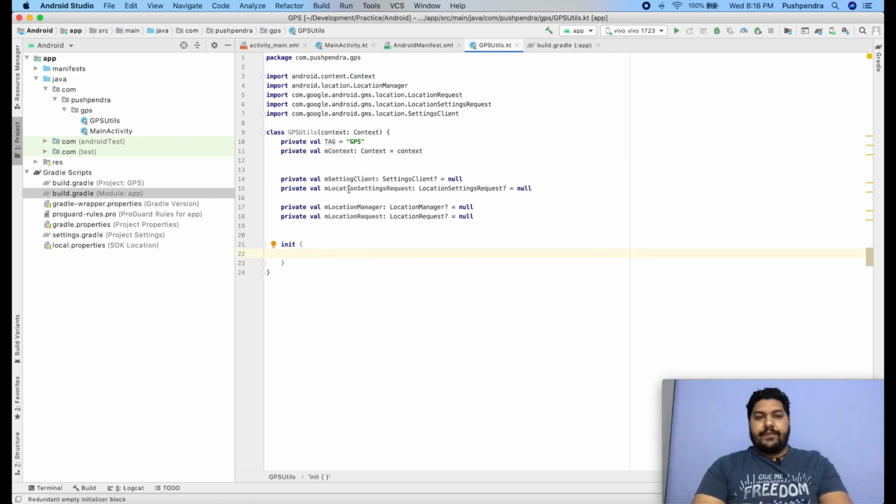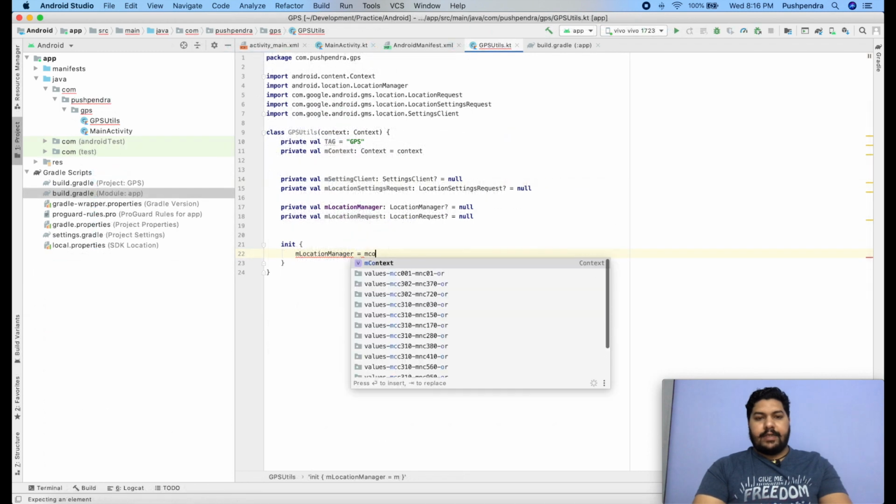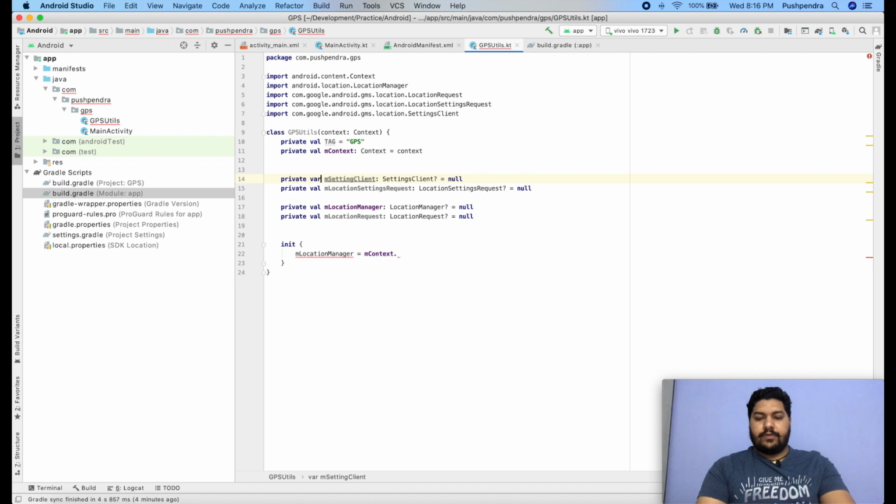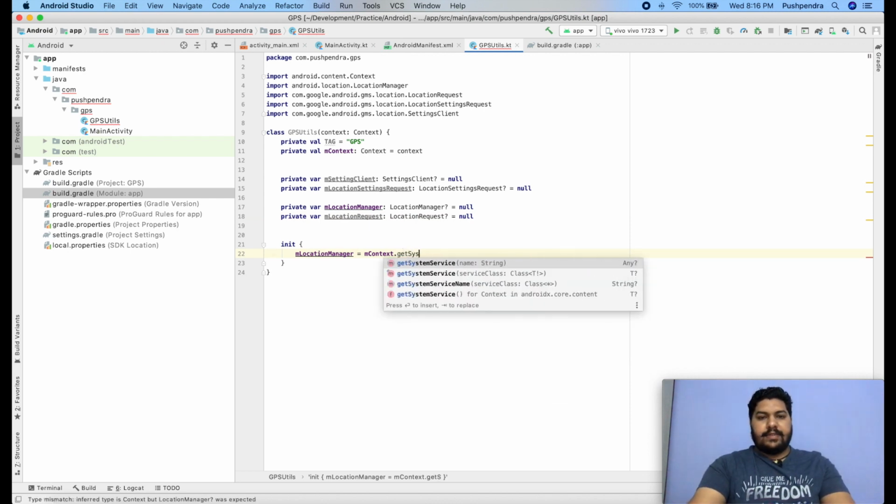Now we have to assign all these parameters: settings client, location settings request, location manager, and location request inside the init functionality before accessing them. Okay, so first thing I am going to assign location manager. Location manager equals context dot get system service.